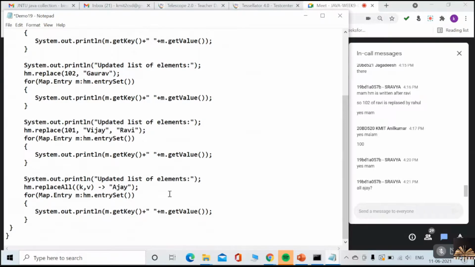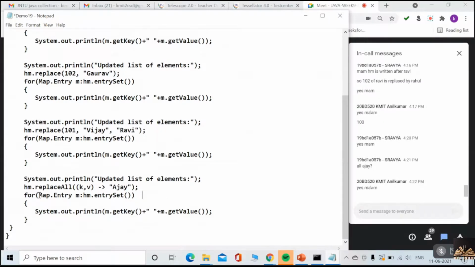Understood now? And here if you observe, this for each loop is somewhat different. Actually, in the previous programs, we have done this hm.entrySet in a separate statement. But here, instead of doing that, I am just taking this statement here itself in the for each loop.